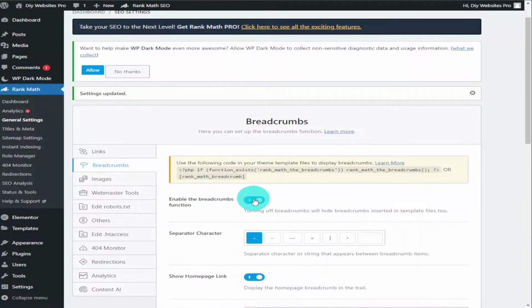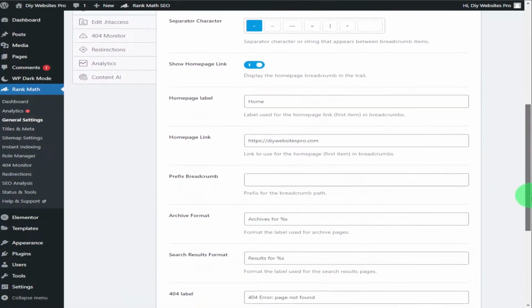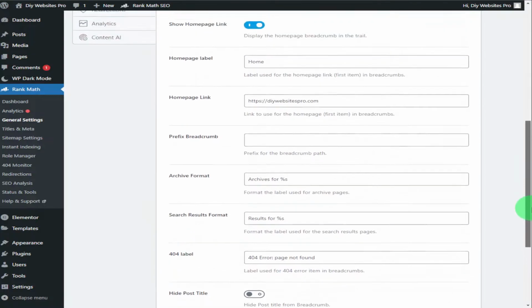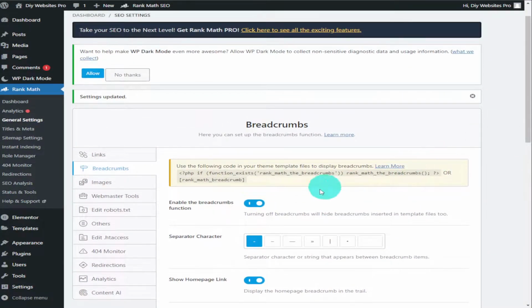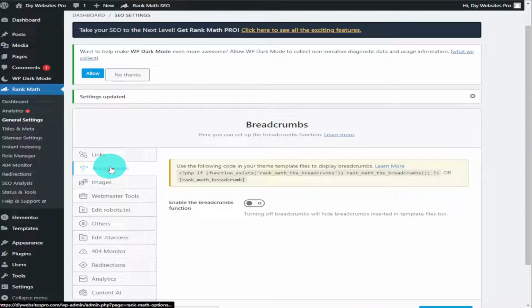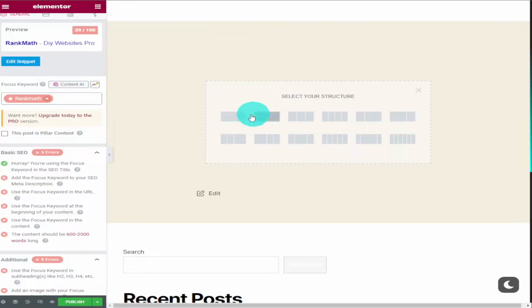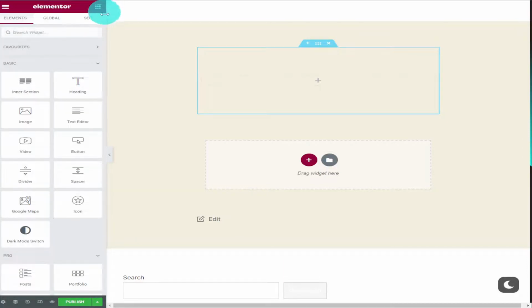Hi guys, in this video I'm going to show you how to use Rank Math. I'm going to show you how to set up a free account, and I'm going to show you around the Rank Math dashboard. Once I've shown you all that, I'm going to show you how to download, install and set up Rank Math. And just when you think it's all over, I'm going to show you how to use Rank Math within WordPress